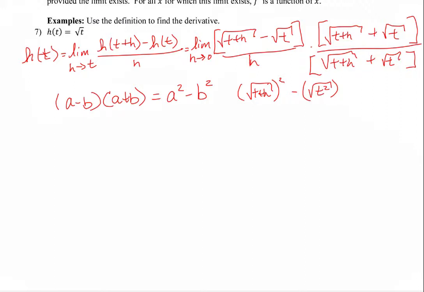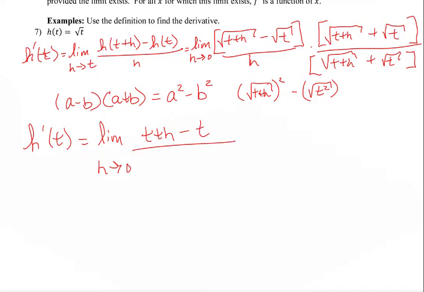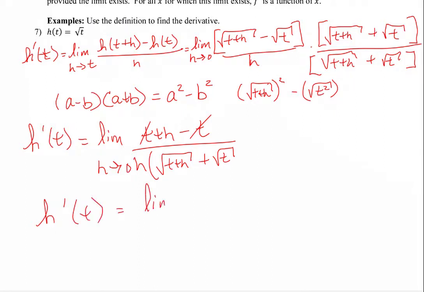So this is script h prime of t, which will simply equal the limit as h goes to 0 of t plus h minus t, all over h times the square root of t plus h plus the square root of t. Then these t's will cancel, and I'm left with